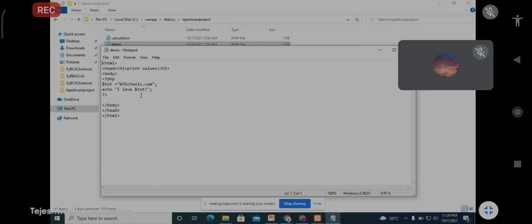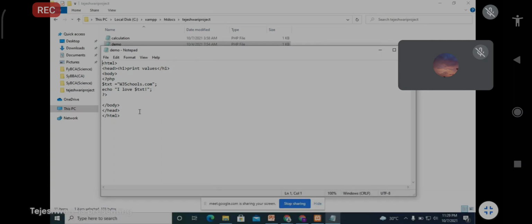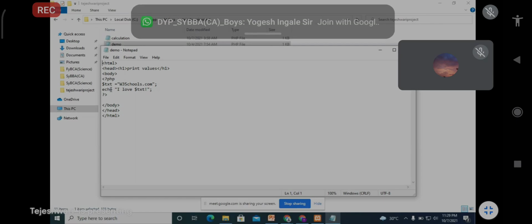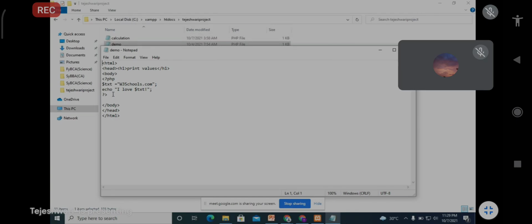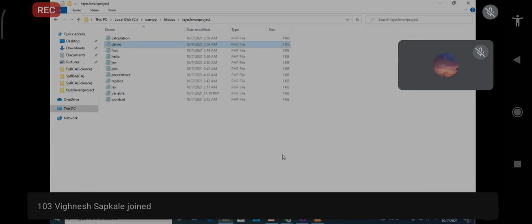So what is the value of $txt? w3school.com. Yes. So this value w3school.com will be stored in $txt, and after that you will get this message, meaning that statement will be printed by using echo. Now I will show you with output.